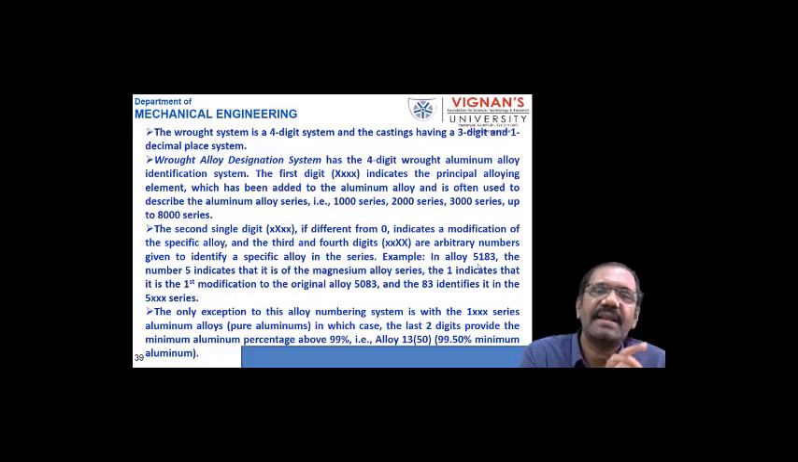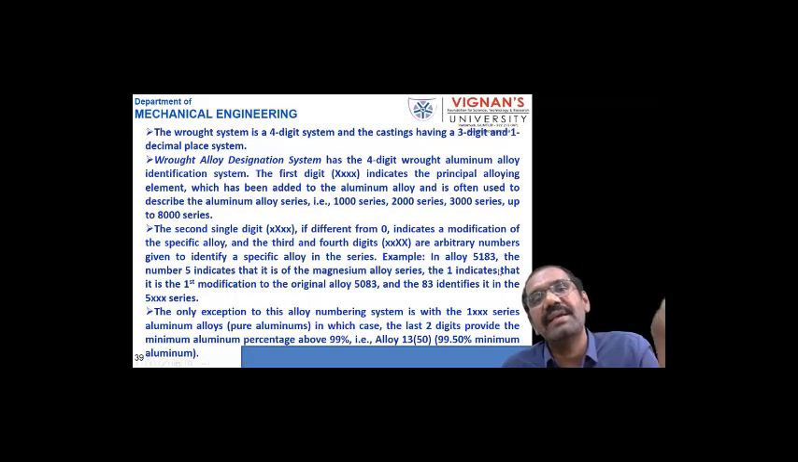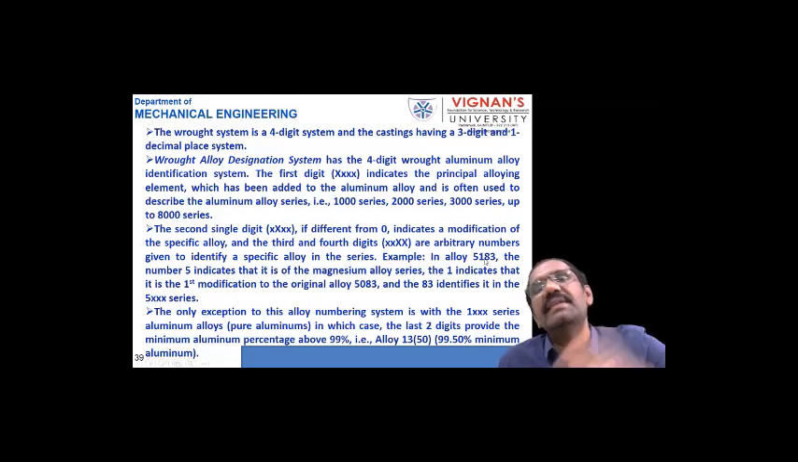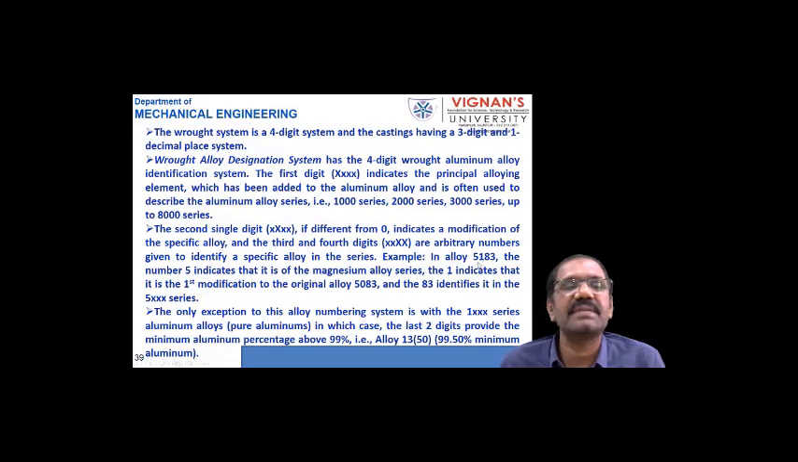Among those 100 alloys, 83 is the 83rd alloy in that series. That's all. If in the 5000 series there are 100 alloys, this 83 represents the 83rd of those 100 alloys, and don't worry about that. So 83 identifies it in the series, right? The only exception to this alloy numbering system is the 1 series